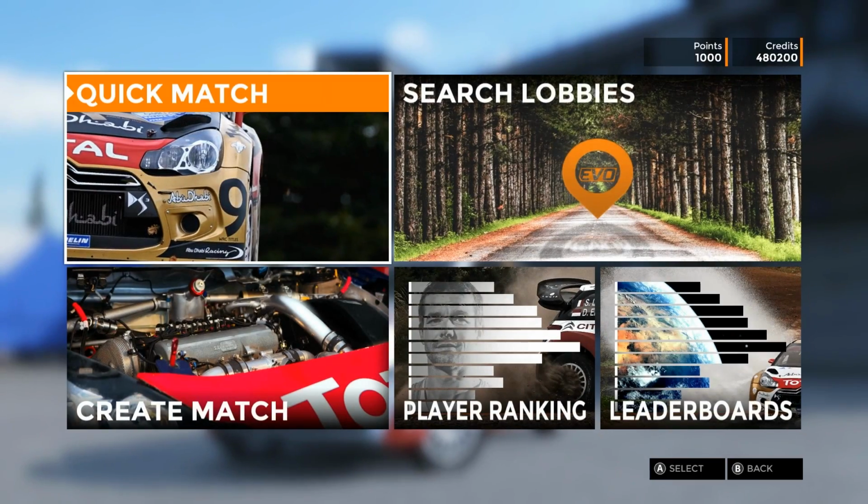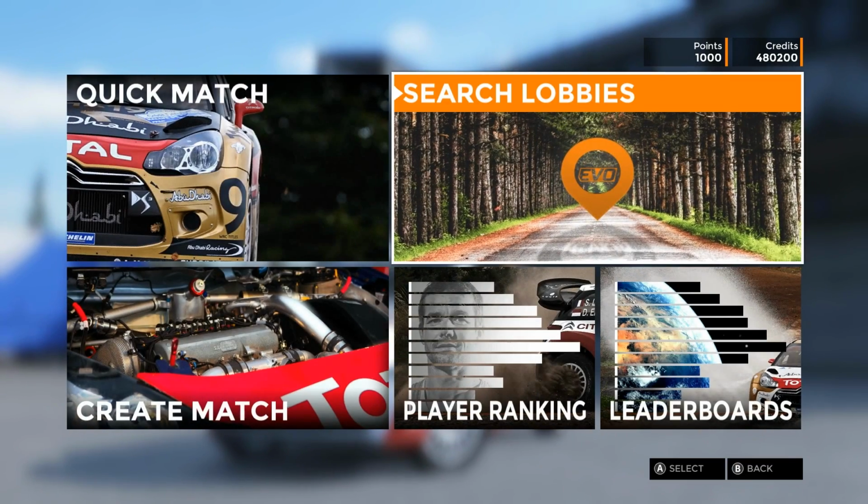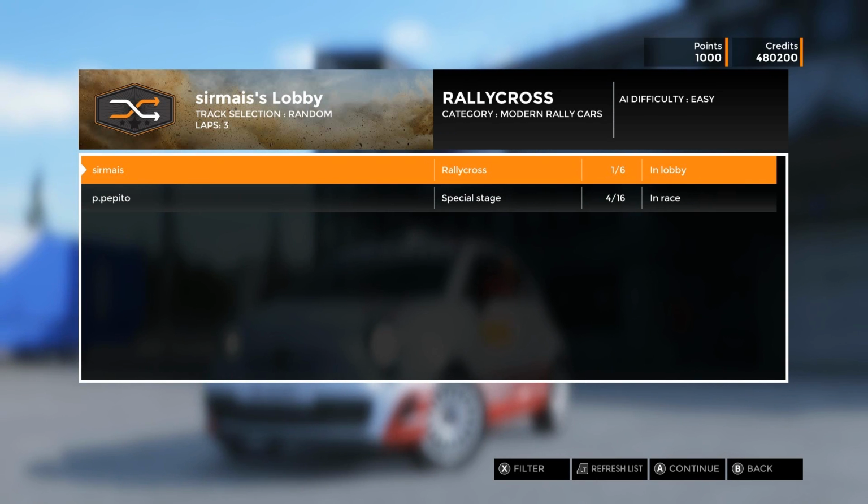Now I go on here, search lobbies, so let's go search lobbies. Ooh, we've got our stage, got a rally here. Rallycross, there's one Rallycross event and a special stage. To log in, by the way, the only way you can go online with this game is